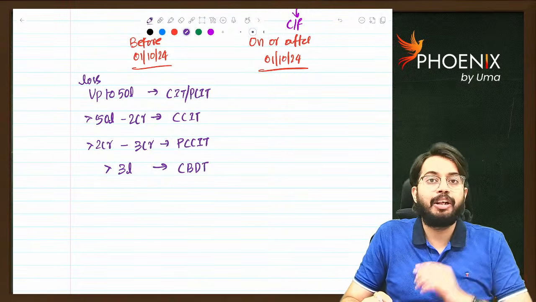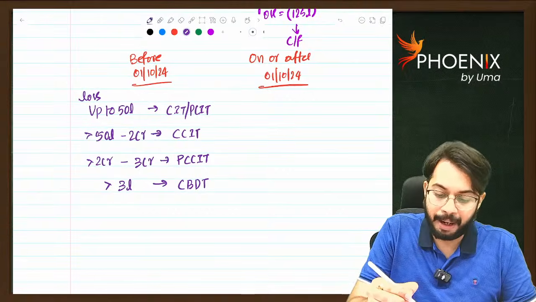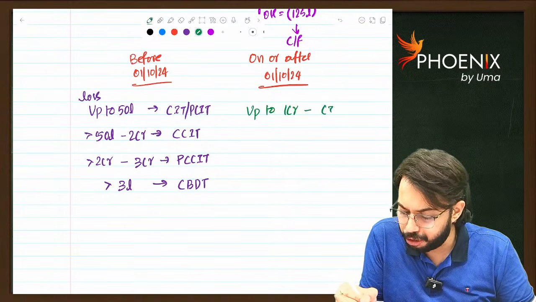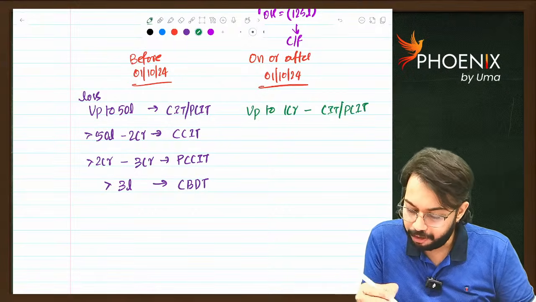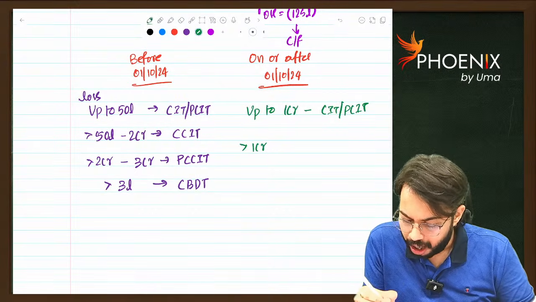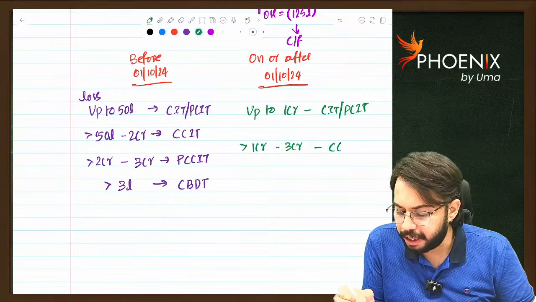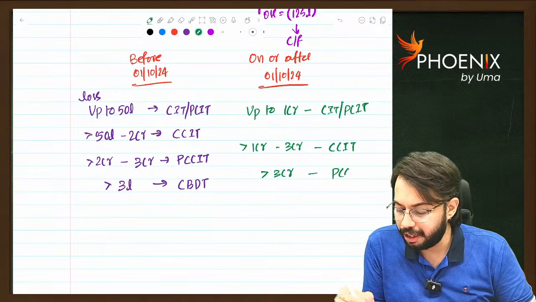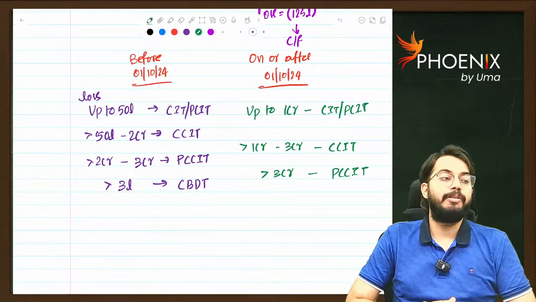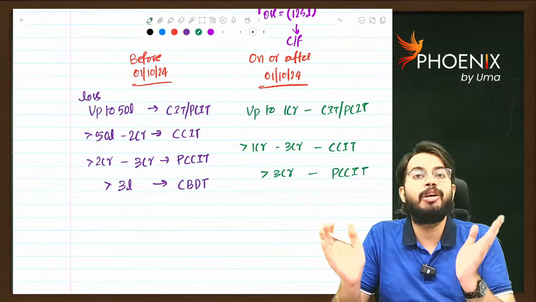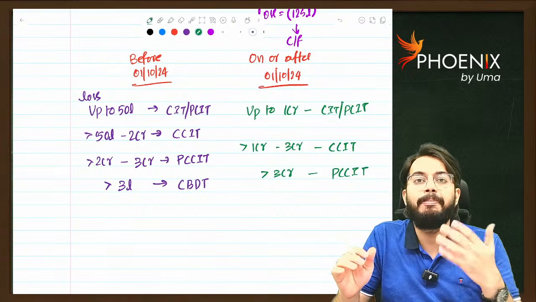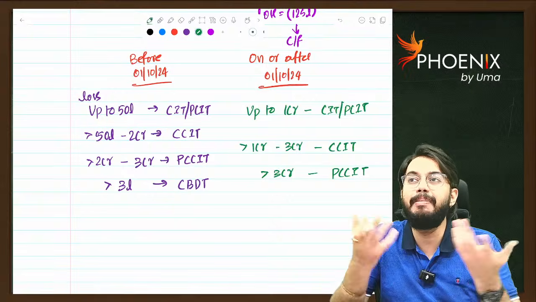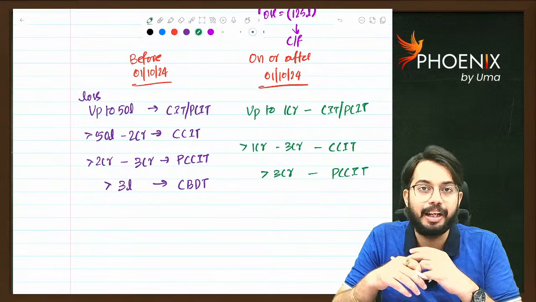However, from 1st October 2024, there is an amendment. If your loss is up to 1 crore rupees, you can make application to CIT or PCIT. If your loss is more than 1 crore and up to 3 crore, you need to make application to Chief Commissioner of Income Tax. If your loss is more than 3 crore, then you need to make application to Principal Chief Commissioner of Income Tax. Now from 1st October 24 onwards, there is no concept of application to CBDT. Again, CBDT means confusion. In CBDT, many people are there to whom you need to make application.